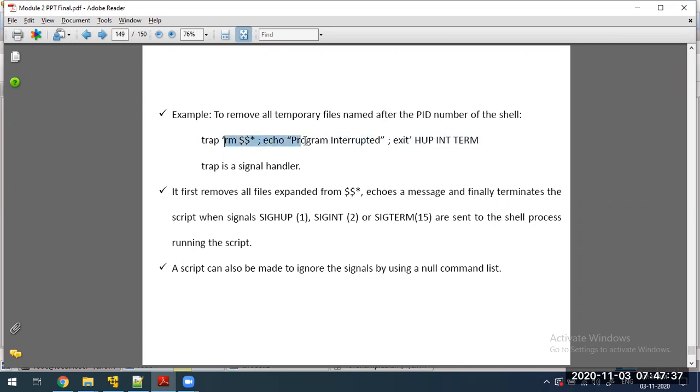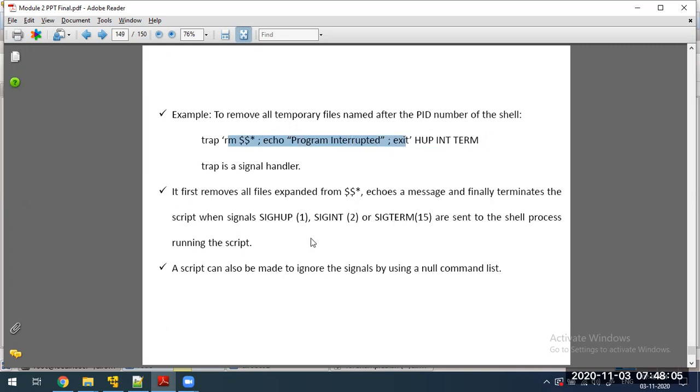See, this is the one entire command. The type of signal which has been received is HUP, INT, TERM. Whenever it receives this type of signal, this is the set of commands it has to execute. One is the remove command, then the echo command, after that exit. 3 commands it will execute.